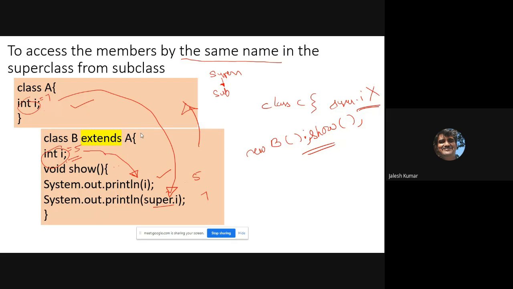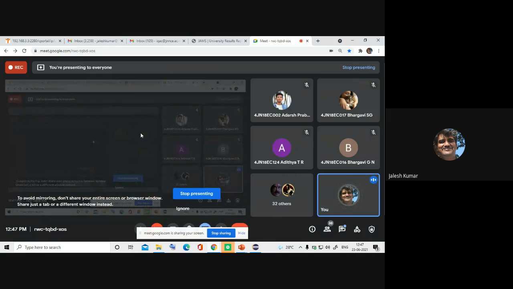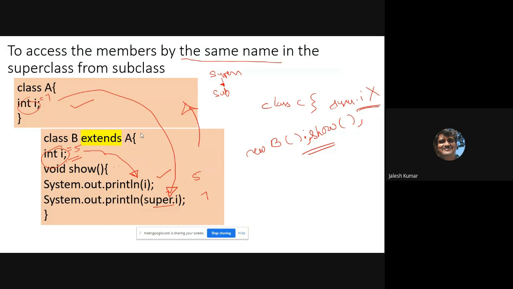See, I hope you remember when we discussed static, I told you that you can't apply static to super. Okay, so that's one thing if you remember, and that's what super means: just to indicate the superclass constructor and just to differentiate a variable in the same class and the extended class.